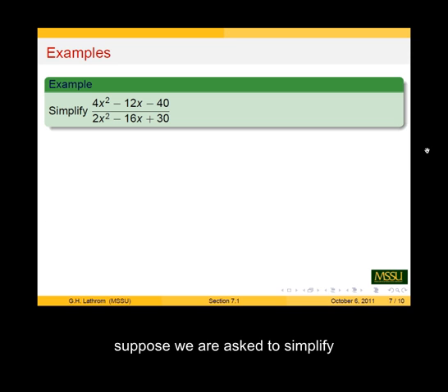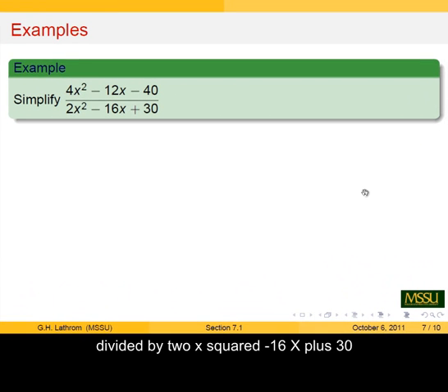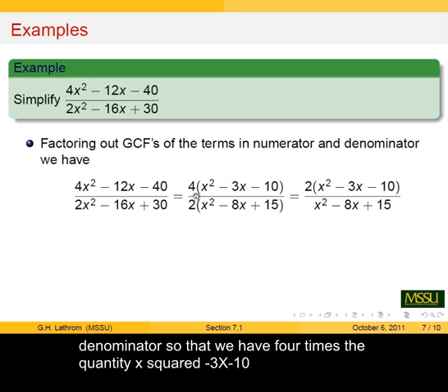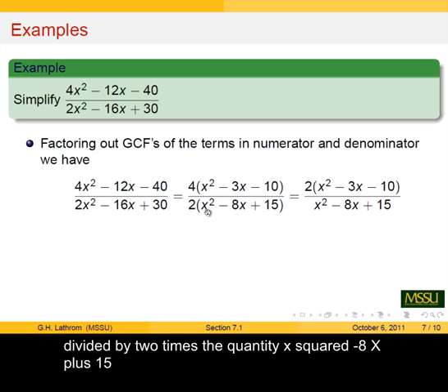Suppose we are asked to simplify 4x squared minus 12x minus 40 divided by 2x squared minus 16x plus 30. We factor out the GCFs in the numerator and denominator. This gives us a factor of 4 in the numerator we can remove, and a factor of 2 in the denominator we can remove. So that we have 4 times the quantity x squared minus 3x minus 10 divided by 2 times the quantity x squared minus 8x plus 15. Canceling the 2's